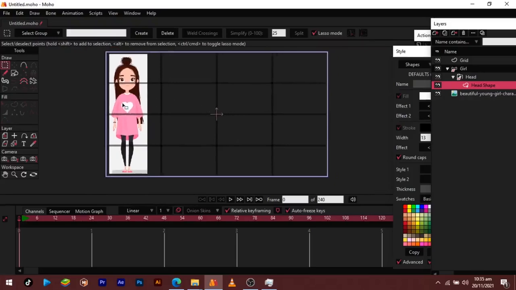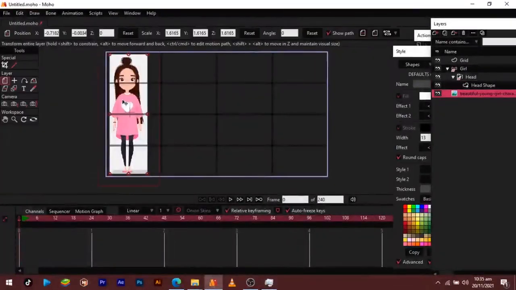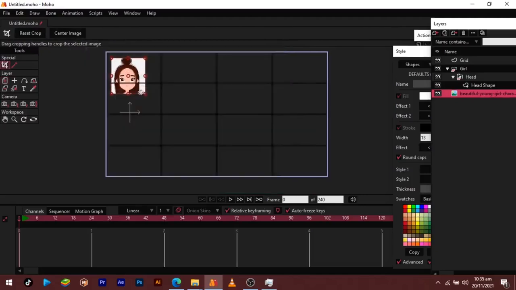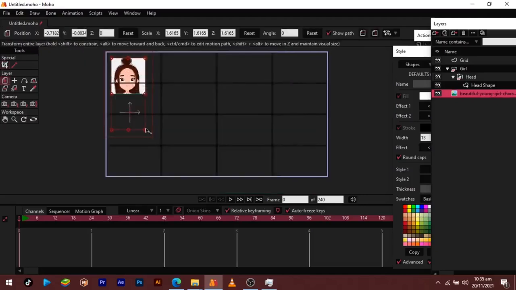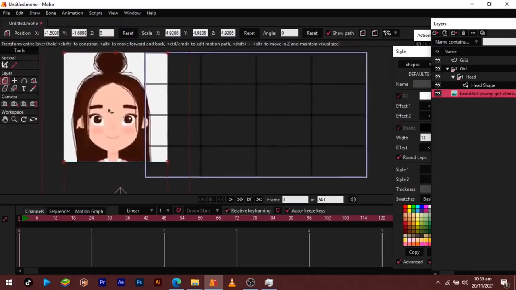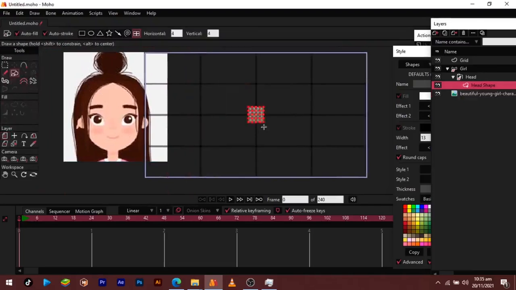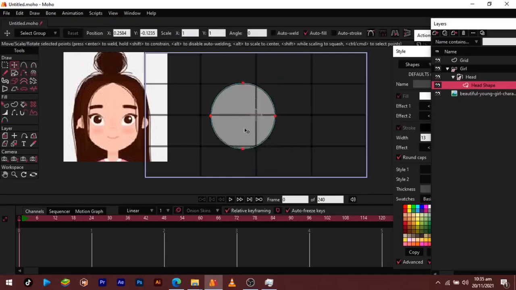First of all, let me crop her out so I have just the head, then I'll scale her in, so I just want the face to be visible. So from the head shape, we'll go in and create our simple circle, or our sphere this time. I want the sphere to be positioned exactly at the middle of this